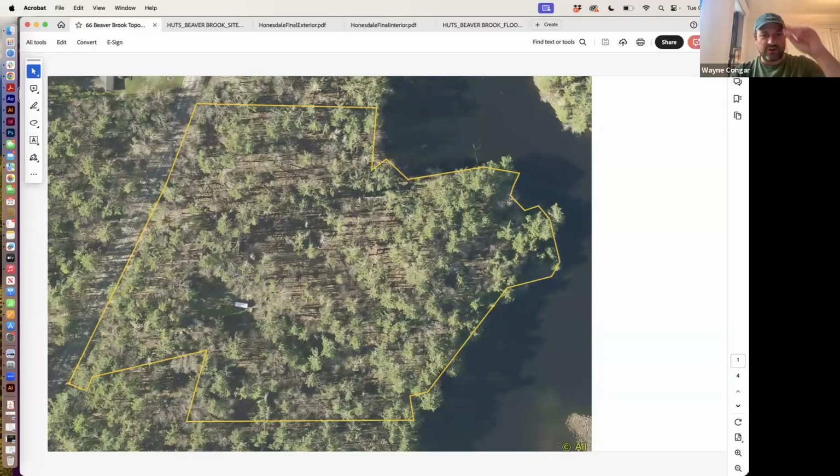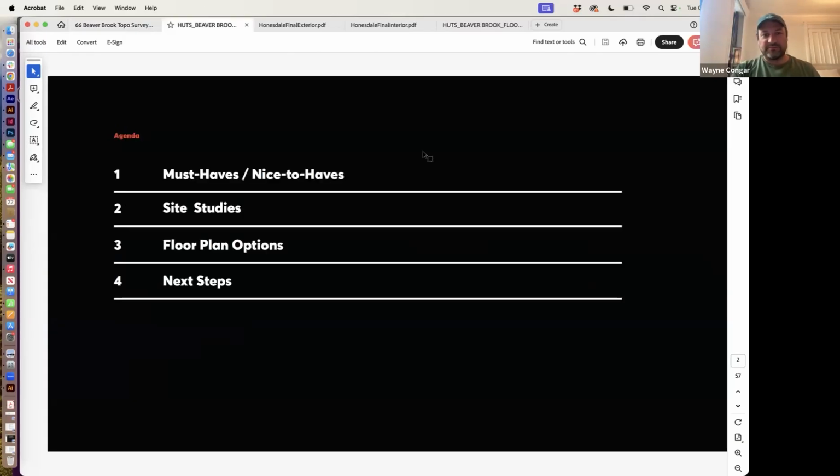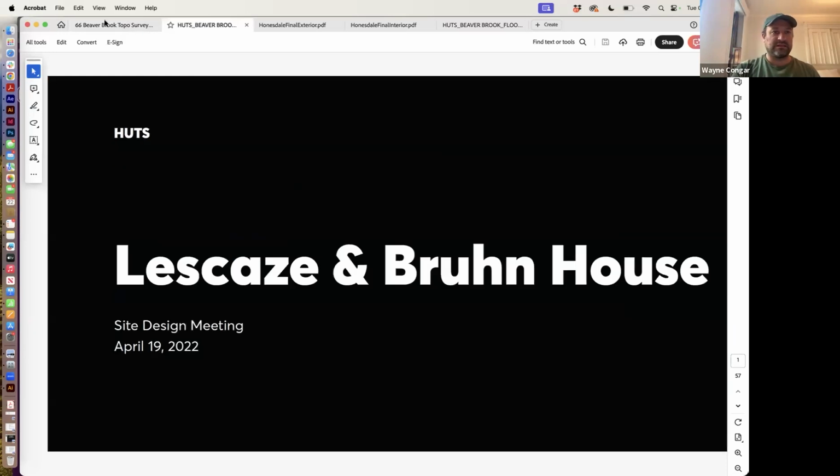Take a walk through Beaver Brook. Okay, so just to position us a little bit, we are talking about a project in Eldred,